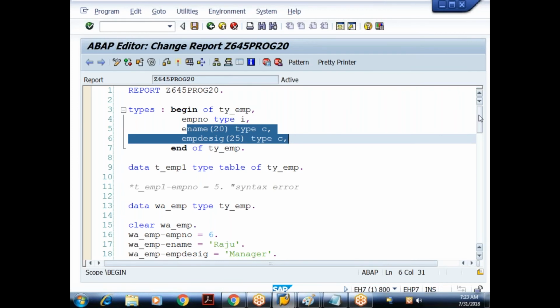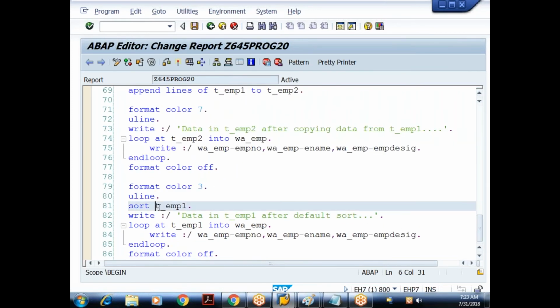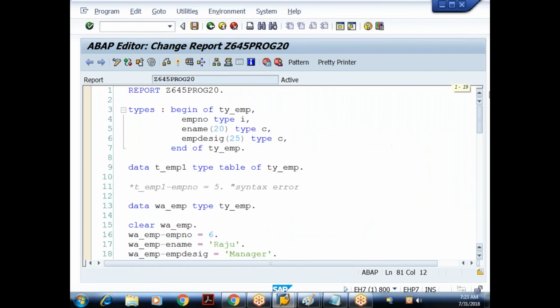I repeat once again, whenever we use a sort statement without mentioning the sorting field, SAP will check whether the internal table contains any key specification field. If the key field is available, it is going to sort on that. But this T_EMP1 doesn't have any key field.